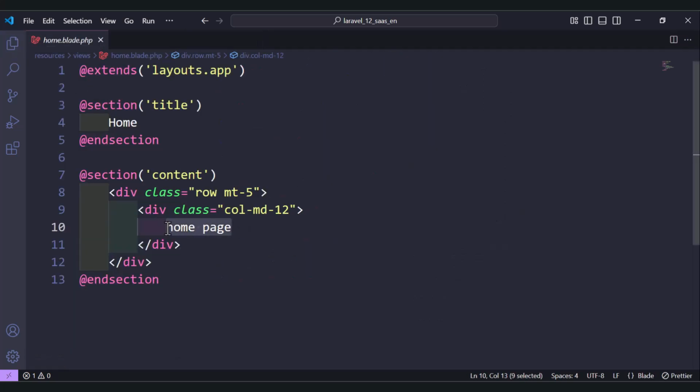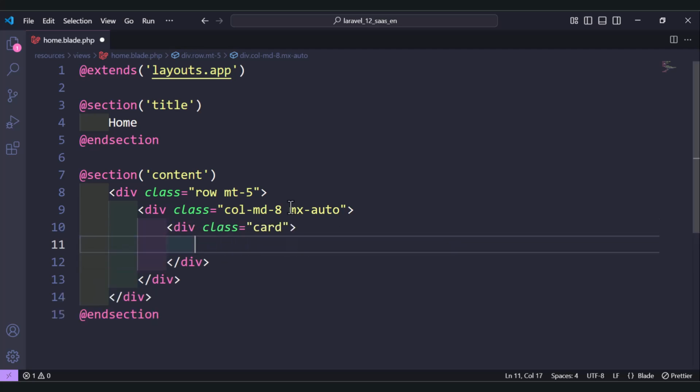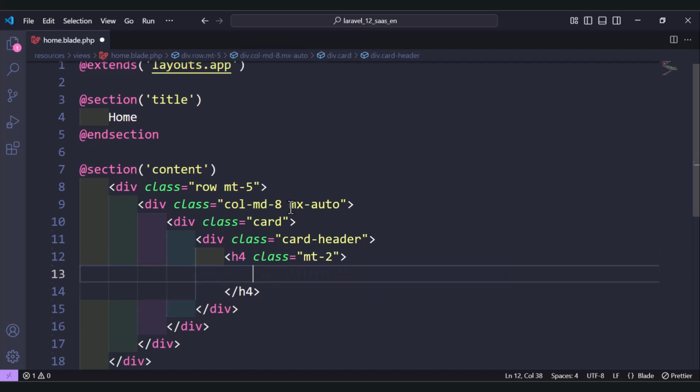So you have the div with col-12. Let's add only col-8 with the margin left and right auto. And we need another div with the card, and inside we have a div with card header, and inside we have h4 with margin top of 2. And here let's add welcome,